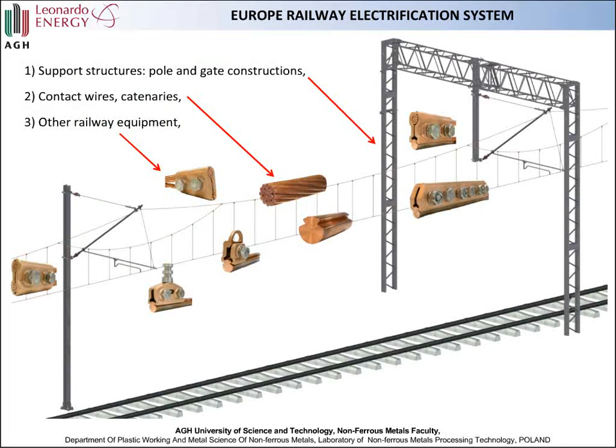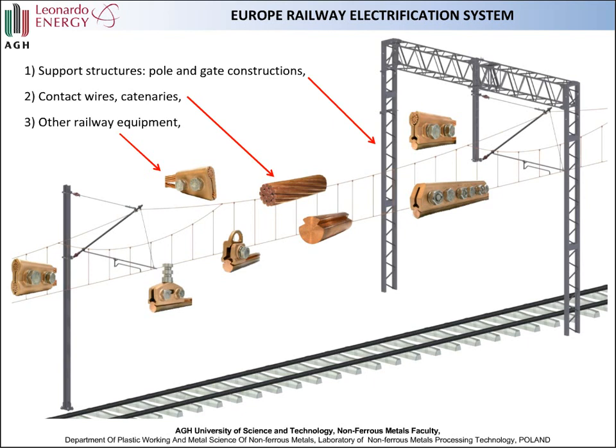An exemplary railway traction system, which you can see on the screen, consists of railway tracks, which most of the time are built from steel rails and concrete sleepers. Next, we can see two different types of supporting structures. A single pole on the left-hand part of the slide, designed to sustain the overhead traction line above one or maximally two tracks. And on the right-hand part of the slide, there is a gate construction which is supposed to hold overhead traction above more than two railway tracks. Actually, these constructions can have a length up to 40 or 50 meters, holding railway traction above 8 or even 10